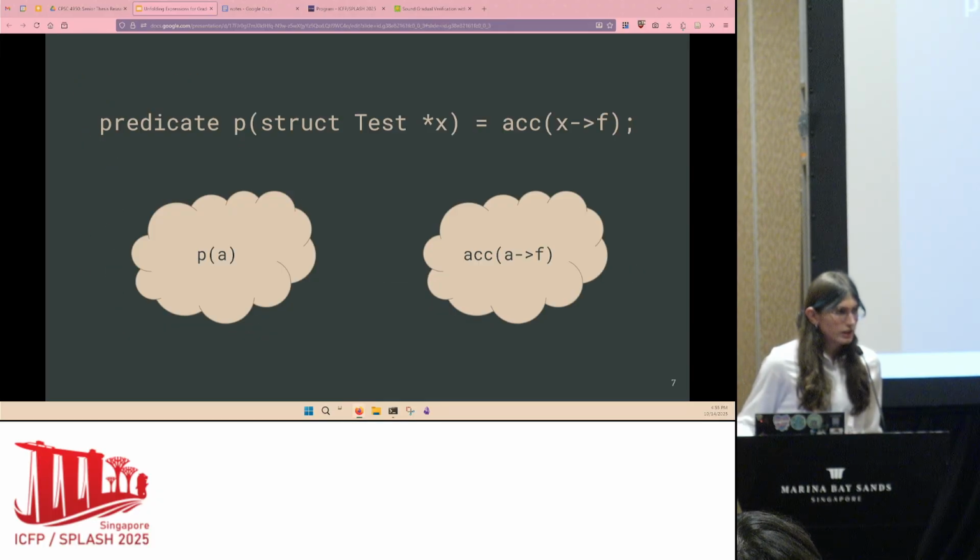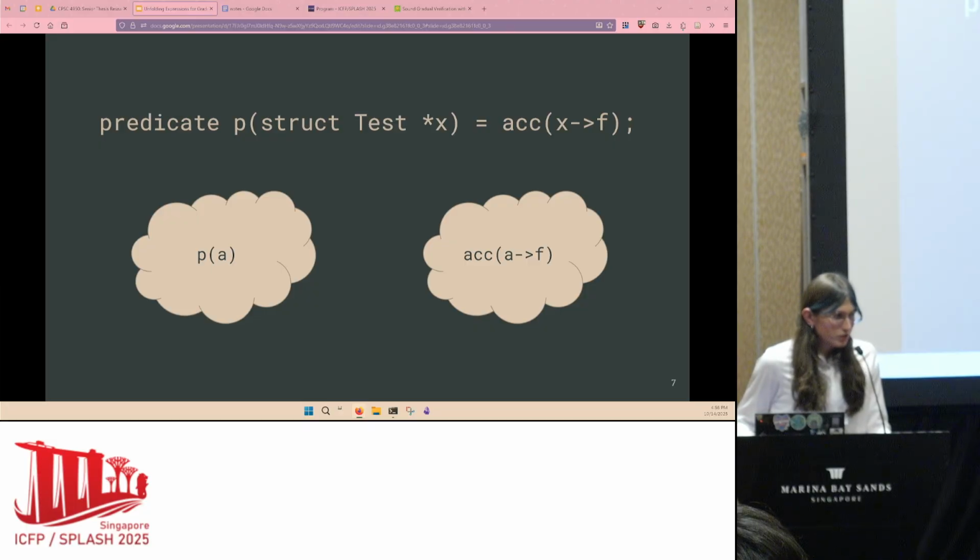To start discussing the isorecursive semantics, like I just mentioned, we can have predicates like this that contain accessibility predicates to specify ownership of data structures like this test struct. We can see here that we have distinct notions of what it means to have P of A and the accessibility predicate for the field F of A, even though we define these to be the same thing.